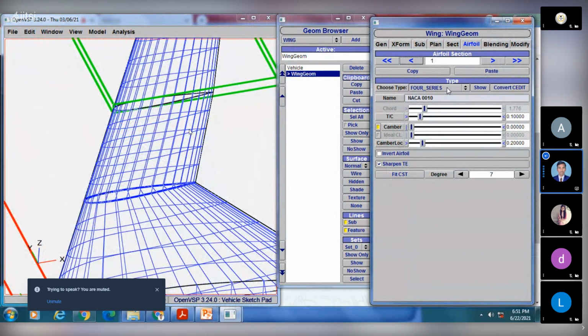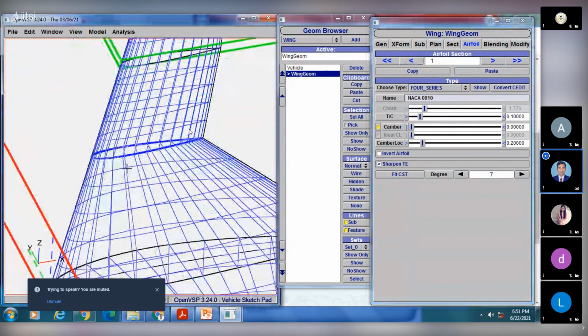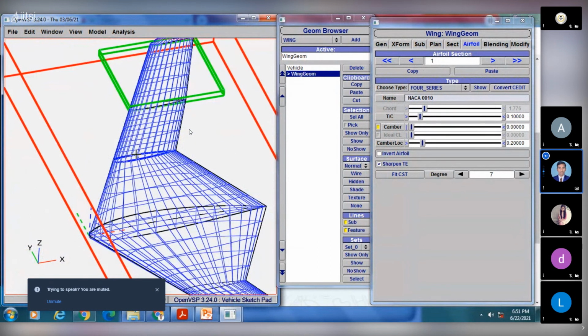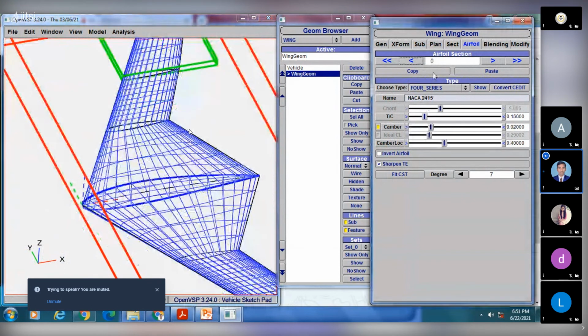Now you can change your aerofoil at that particular section, and it will change. Completely from here to here, it will change the number of aerofoil parameters. So now see, when I was on the first section, I changed the aerofoil only at that first section, but the other sections I have not changed. So that's why they are the same as it is.